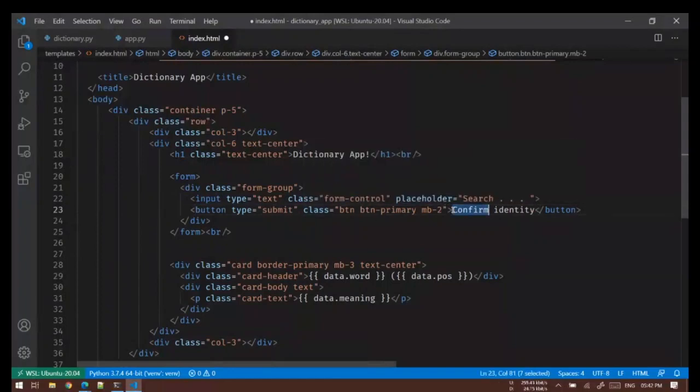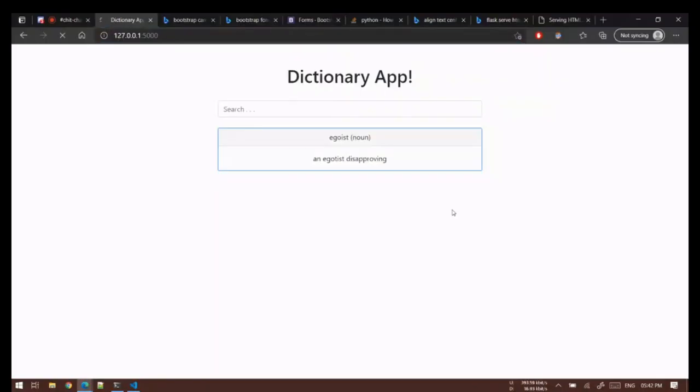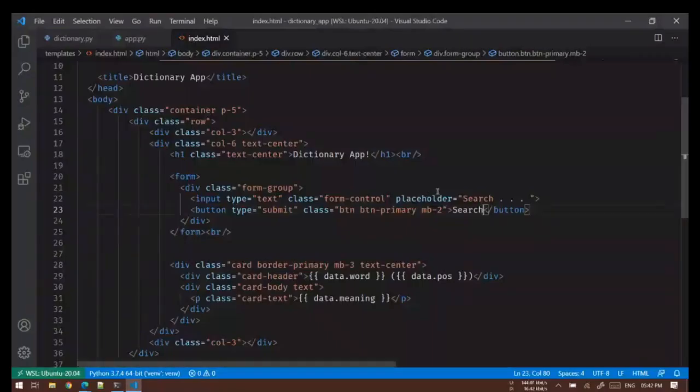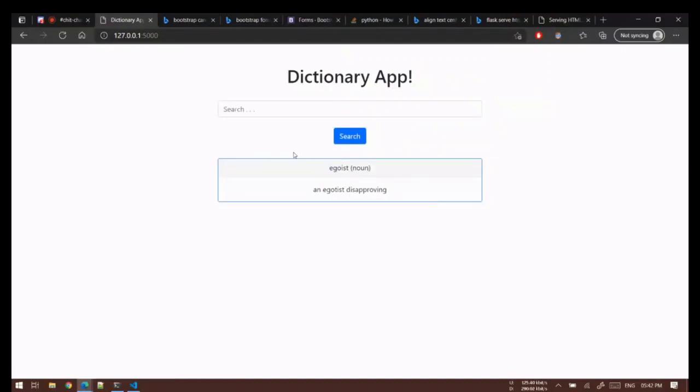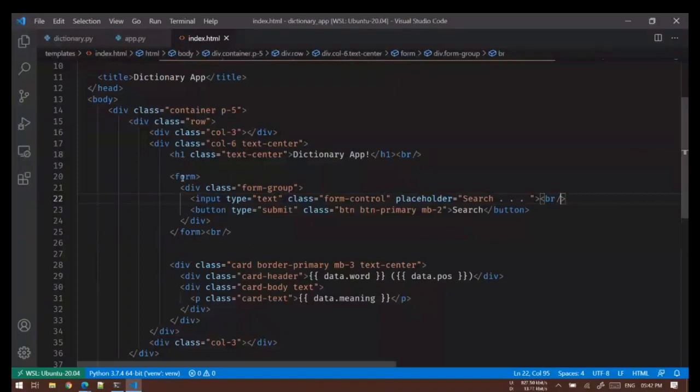Type will be submit. Okay, and here it will be search. Okay, much better. So we have our form ready to take the input.